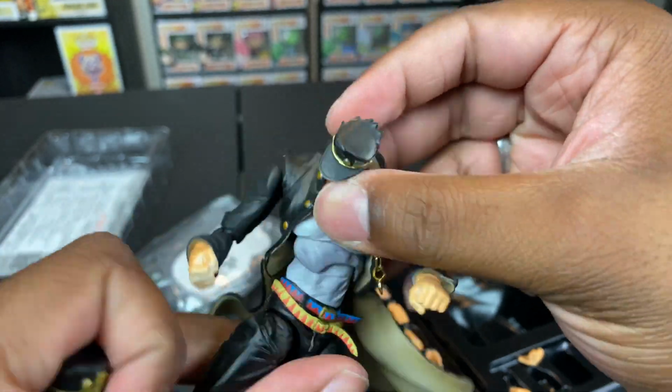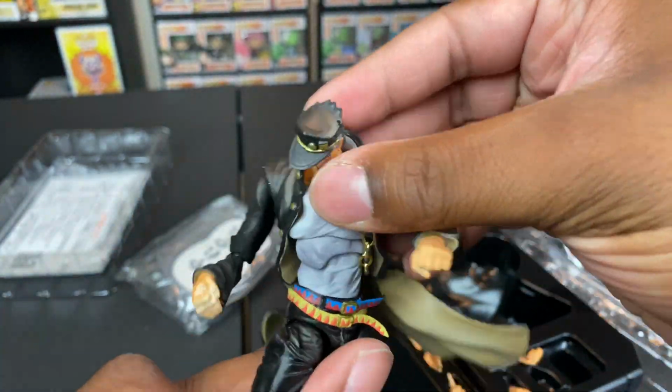Definitely got to loosen them joints up, because my boy been in that box and he been ready to get out. Look, he been ready to dance. Like, look at him. He about to...